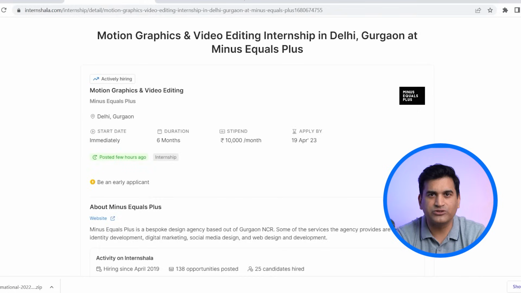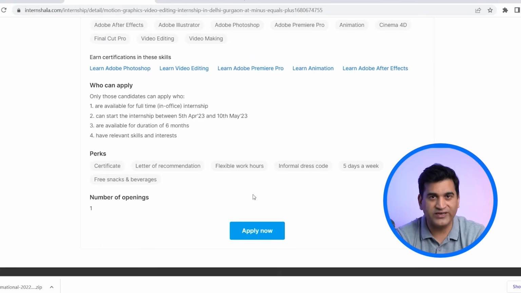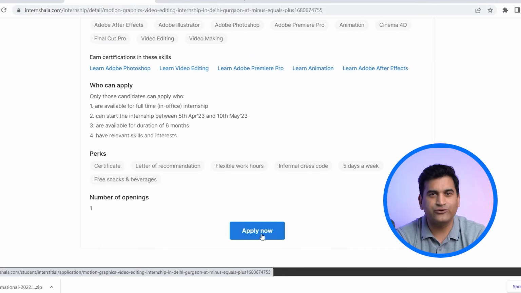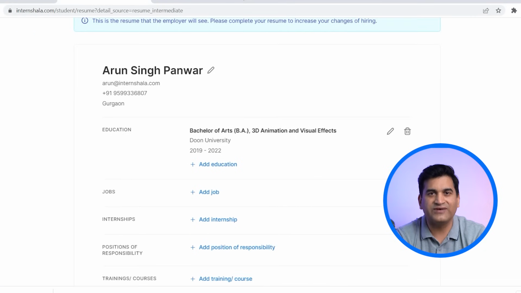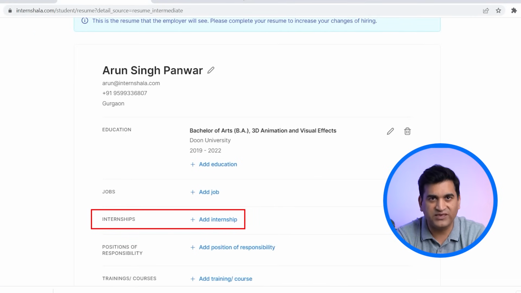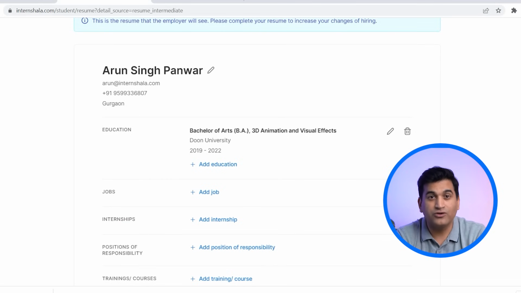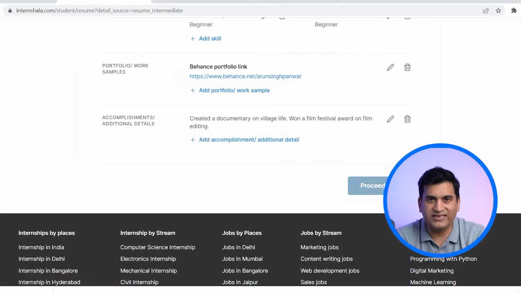job. Coming back to the page, check who can apply for this role, the perks this internship is offering, and the number of openings. Then you can click on Apply Now. Internshala will prompt you to fill in your education details, job and internship experience if any, and relevant training and courses if any. This will be your resume. Each section will prompt you on what to mention in it. If you are unsure of what to mention and what not to mention, check this video on sample resume. This link is in the description box. It will help you. Then click on Proceed to